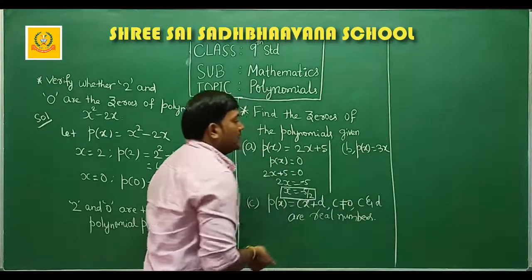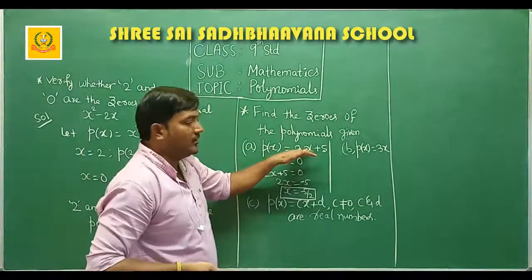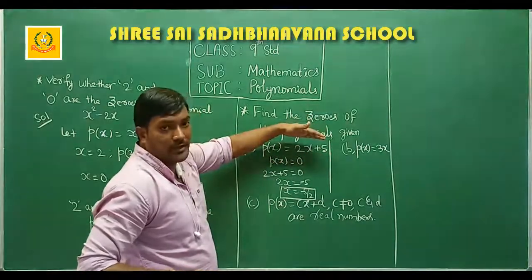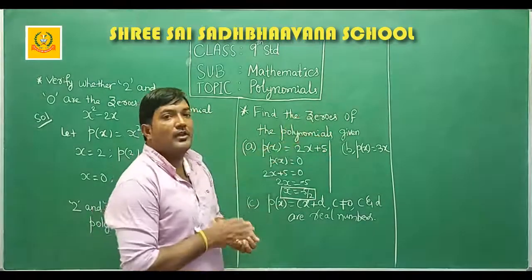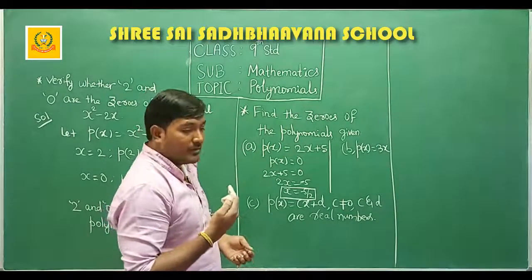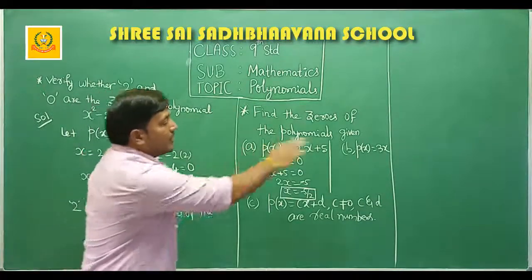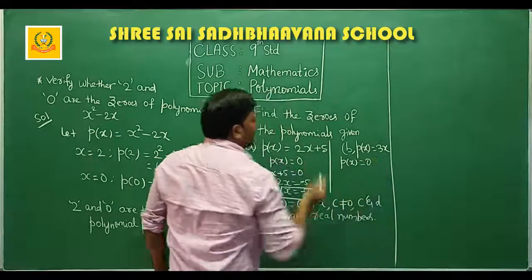Next, similarly, how to find the 0 of the polynomial? See, I am taking different sums. Anyway, you can work out similar sums. When we take different sums, if you get any different sum like this, you can do it. That's the reason I am choosing different sums which are not related to each other. So now, similarly, you just equate p of x to 0.